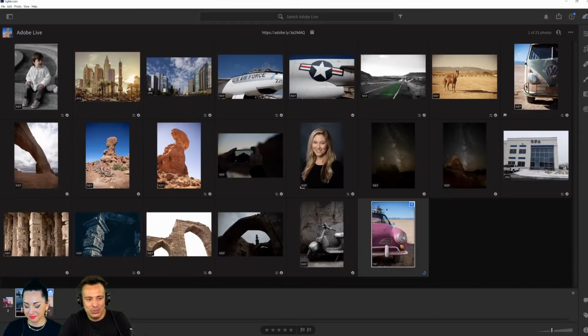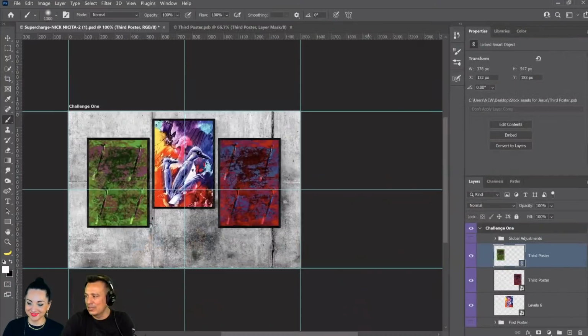So you essentially create a duplicate, and the reason you create a duplicate is because TIFF files can support Photoshop layers. And then you bring that TIFF file back into Lightroom and continue editing if you want, or just export it from Photoshop. But that's something that you can do.